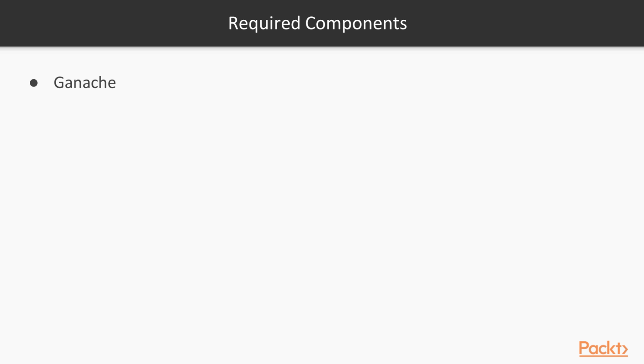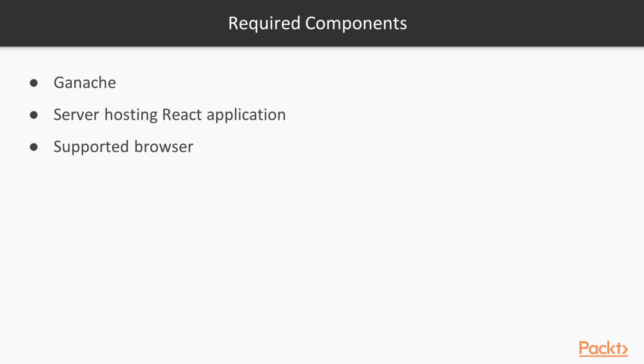It takes multiple components to make our decentralized app work. We talked about these components in Section 1. We'll need Ganache running because that provides our Ethereum test network. We also need a server hosting our React application. And while that may sound like a daunting task, it's really as easy as opening the terminal prompt in the application directory and typing npm start. With our server running, we can use a supported browser such as Chrome, Firefox, or Brave with MetaMask installed to